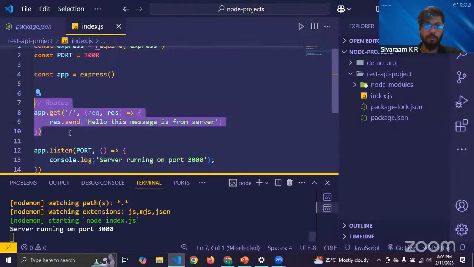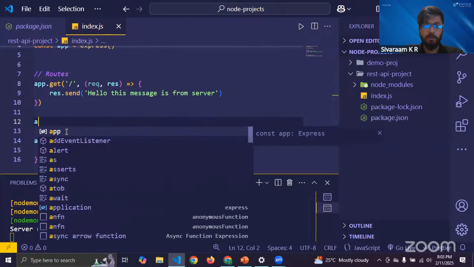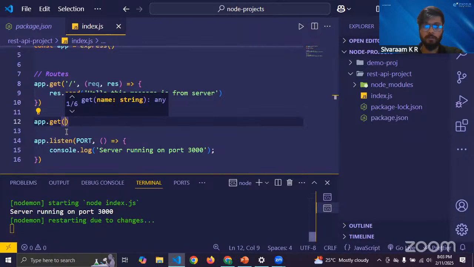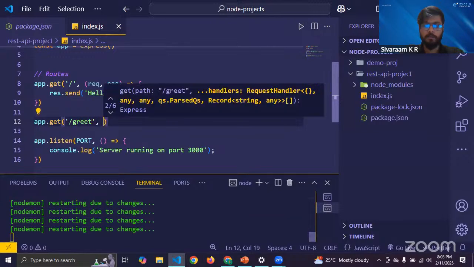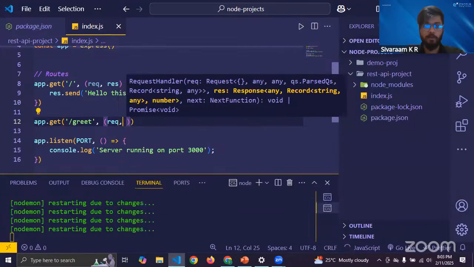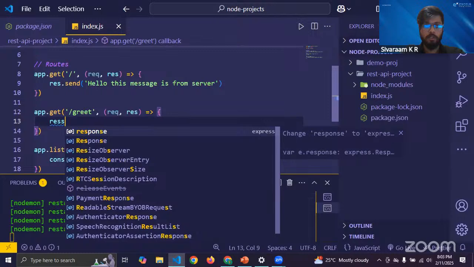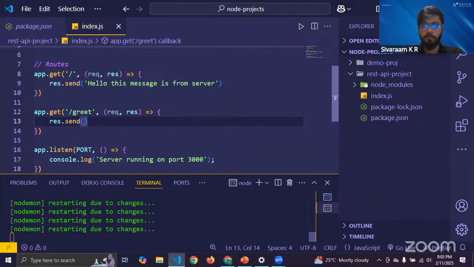You need to come to your app again. So which method is this? Again, you need to create a get method. So inside get, you need to first pass the URL. So what is the URL here? Slash greet, right? Then a callback function. This will have request and response. Then you need to send it. Response dot send, because what the backend sends, it sends to the server, right? So what I'll send? Hello,